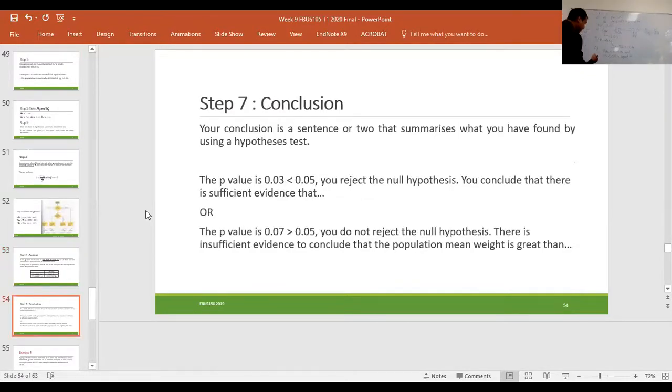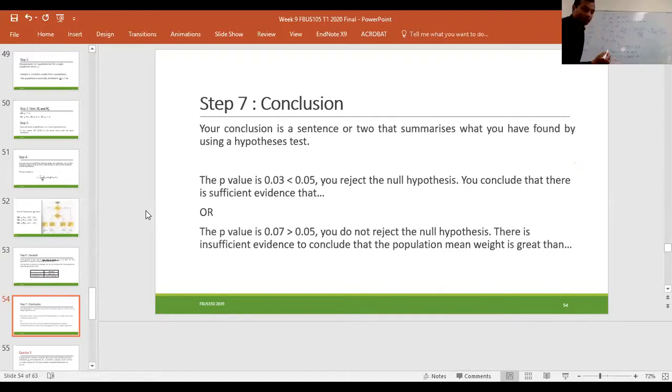What do you have to write in a conclusion? Try it. I'm also writing. Try to make a conclusion in your own words. You may make mistakes, but in the conclusion you have to write in the same way. Like, the p-value is, I think it's more suitable here. So I'm writing it. The p-value